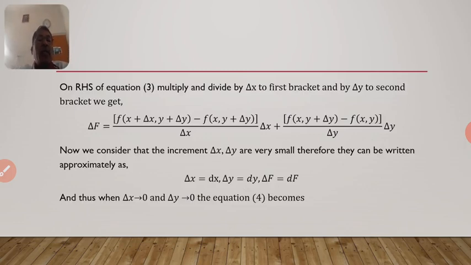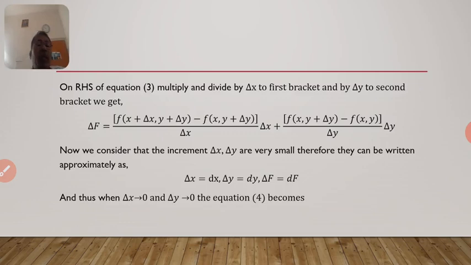On the right hand side of equation 3, multiply and divide by delta x in the first bracket and by delta y in the second bracket. We get delta f equals, in the bracket, f of x plus delta x, y plus delta y minus f of x, y plus delta y, bracket close, divided by delta x, into delta x, plus, in the other bracket, f of x, y plus delta y minus f of x, y, divided by delta y,